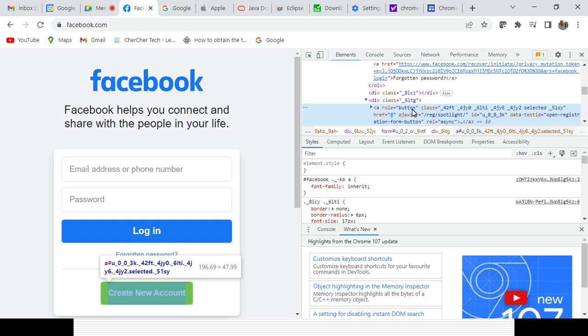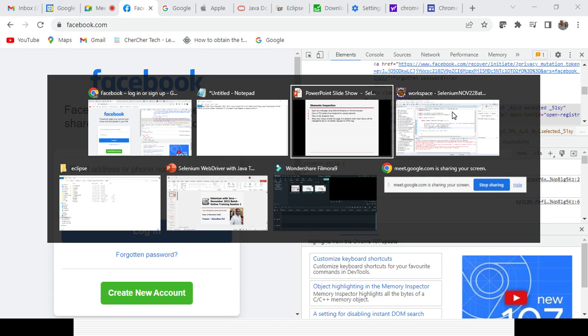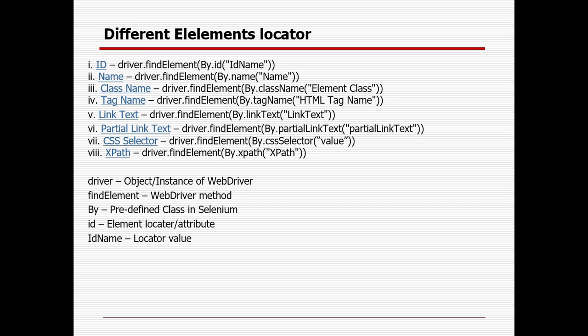So these properties signify it, because the developer team already did the development, right? So that is the way. So what are the element locator techniques available in Selenium? There are primarily 8: ID, class, name, tag name, link text and partial link text only for the link or hyperlink. So link text means the complete link text.